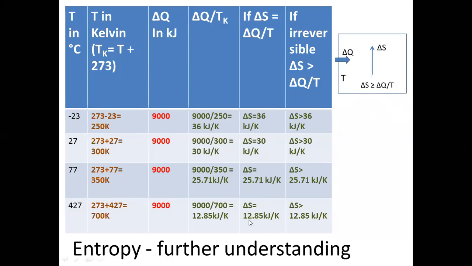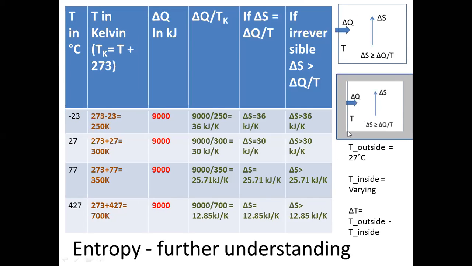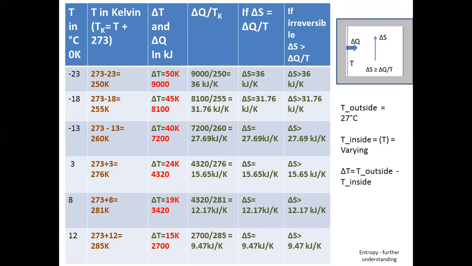How come when the temperature is higher, when the heat transfer is towards the high temperature? Of course, it is high to low, but this low temperature, when this T has a higher value, entropy increases less. So this is one case. This is the same here. Instead of just the square box, I took the refrigerator space and went into this case. Now your thermostat setting you are changing. So that is the approach. So this is the one.